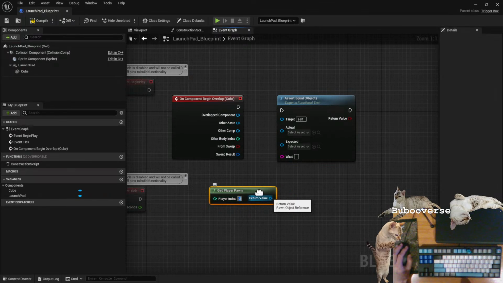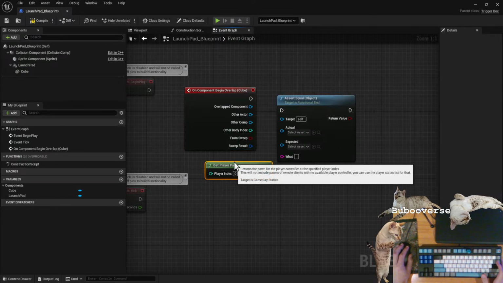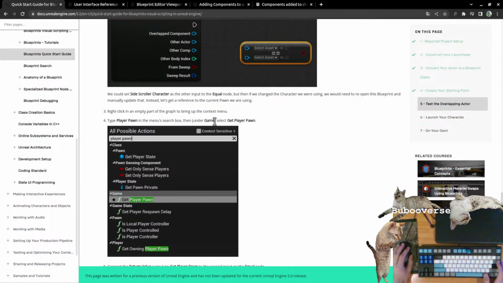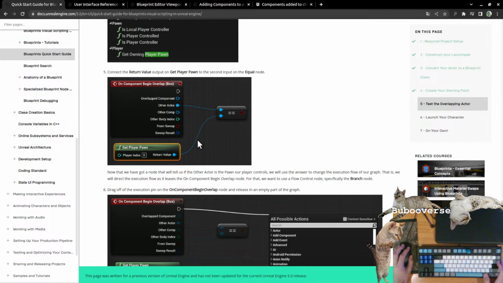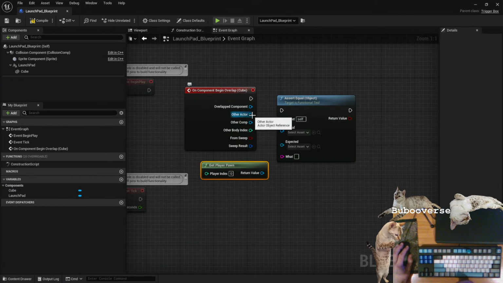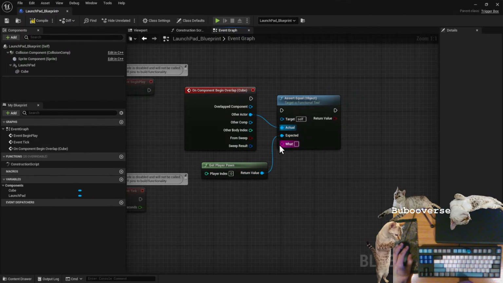Index in the player controller list. Okay. Go ahead, save that. Okay, so you want to see whether the other actor and the player pawn are the same. Actual, expected, right? So if the other actor is the player index 0,